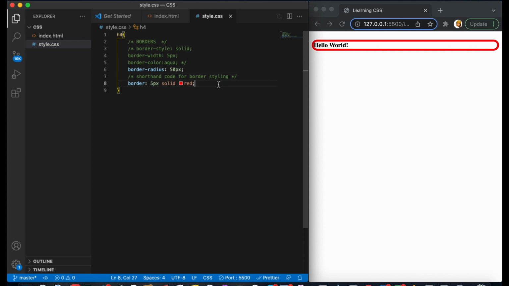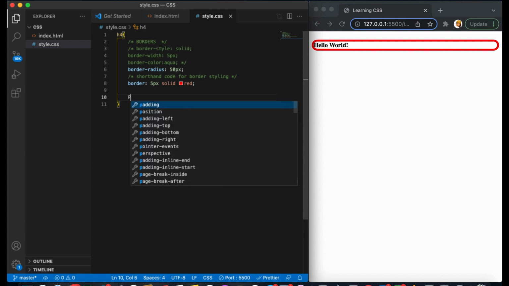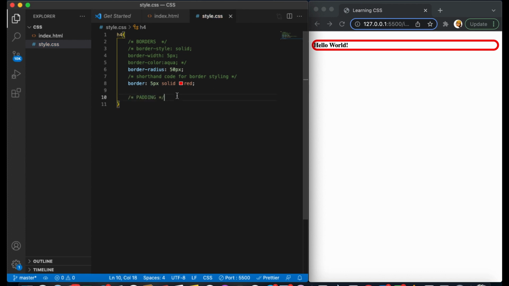Now the next thing we want to look into is padding. Okay, let's comment it out. Now, talking about paddings, we can alter our padding width. I think that's about what we can control with padding. But the sweet thing about padding is you can control the extent of padding width of each side. For example, let's give this